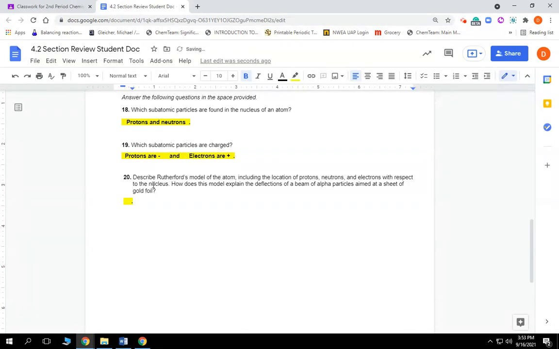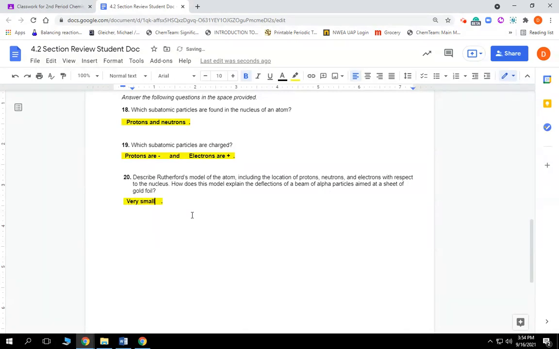And let's go to the last one. Describe Rutherford's model of the atom, including the location of its protons, neutrons, and electrons, with respect to the nucleus. How does this model explain the deflections of a beam of alpha particles aimed at a sheet of gold foil? Well, first of all, in Rutherford's model,